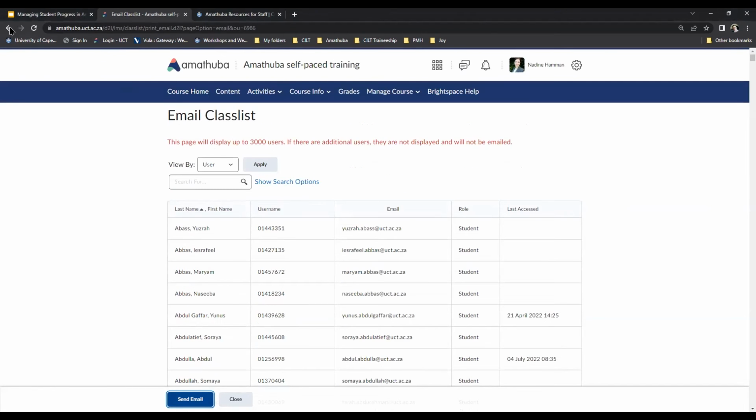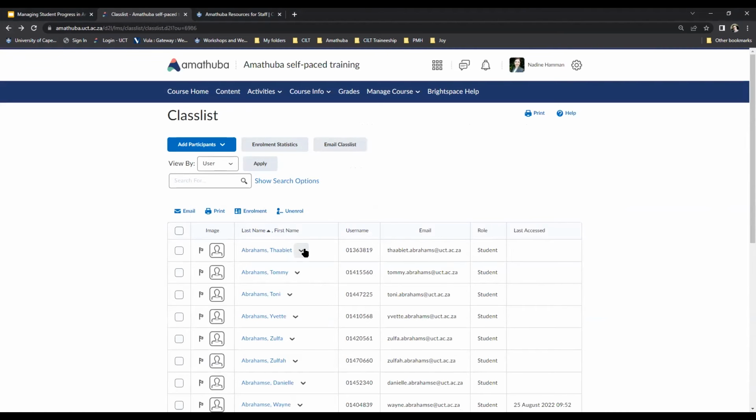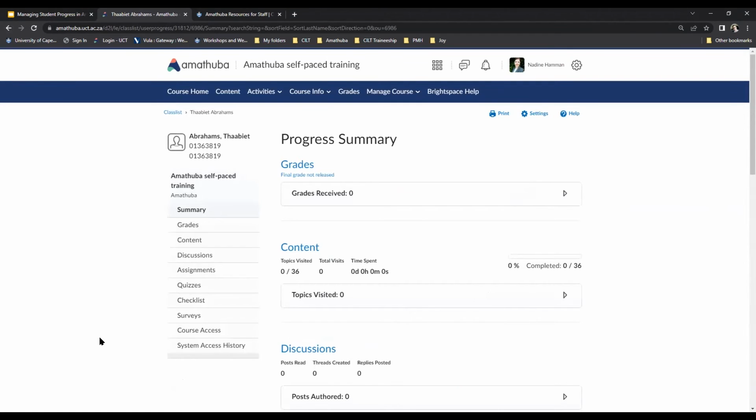Okay, so if we go back a little bit, it's very intuitive. Please note there's a drop down next to the name of each student that gives you an option to either send an email. Again, you can view the progress. You can view in which groups they are enrolled. If you have a blog tool activated, you can also go directly to their blog, and then you can edit the accommodations here. So if I click on view progress here,